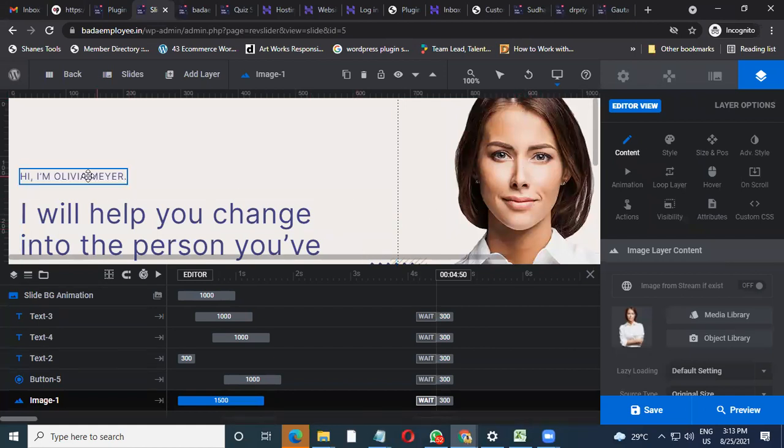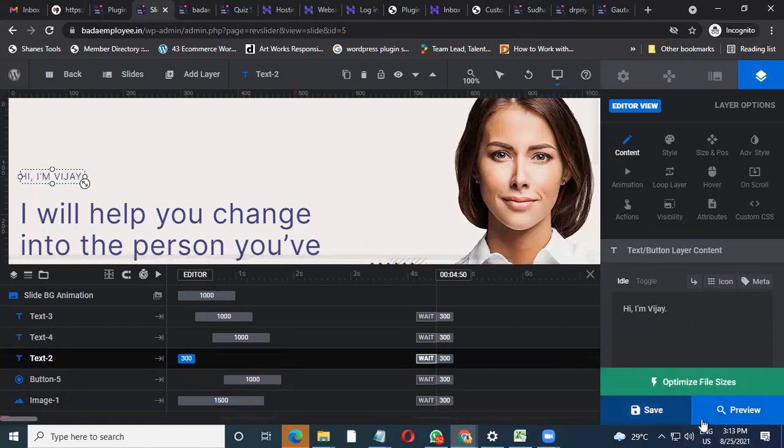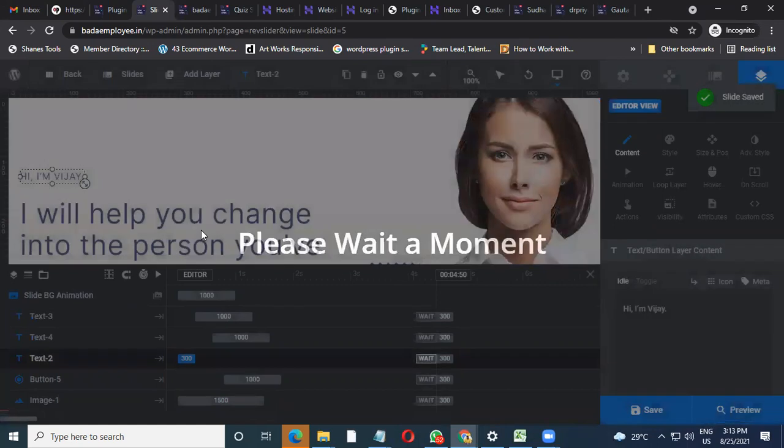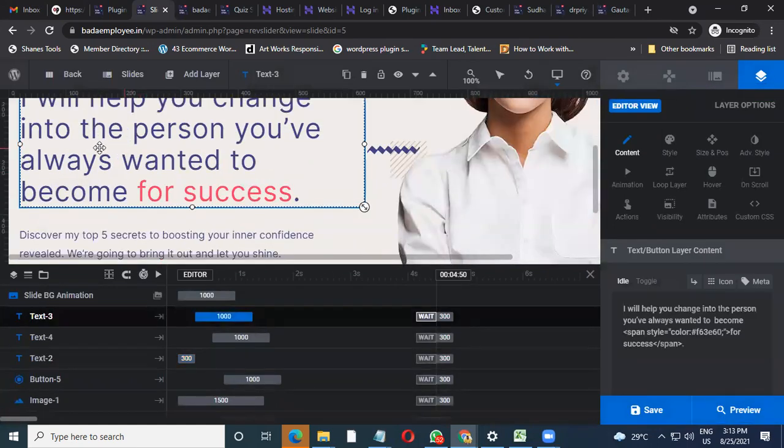Content wise, it is again a similar way. Click on this particular content on your right hand side. You will be able to see this. Say you can put in your name, Signature Vijay, and the name will be changed. So I can save it and move ahead. Here, if you have some content or quote or something like that, you can change it. Again, click over here on the right hand side. You will be able to see the content coming, and you can edit the content if you want.